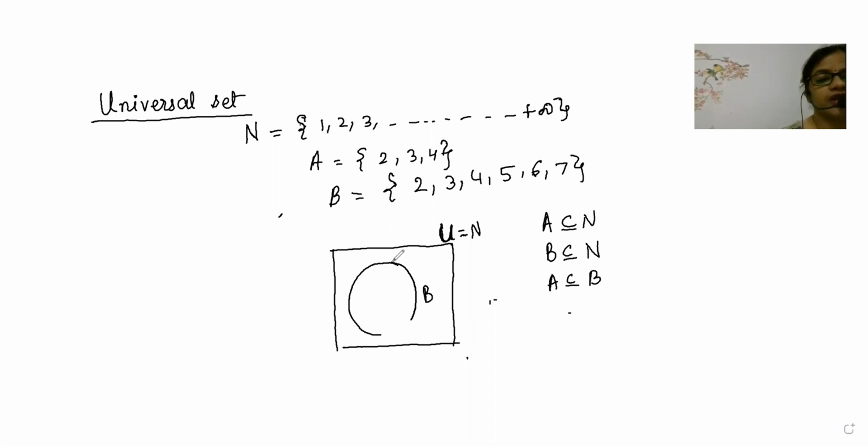So first I will draw. And then I will say, since A is smaller and A contains all the elements present in B, what will we do? We will keep A inside B. Now A is telling, I'm inside B and I have elements 2, 3, 4, and the rest of the elements which are not in A are 5, 6, 7. I hope my children have understood why I have drawn A inside B. Okay. Anyone understood, beta, why I have drawn A inside B? Pavitra, Danish, Arvind, did you understand?